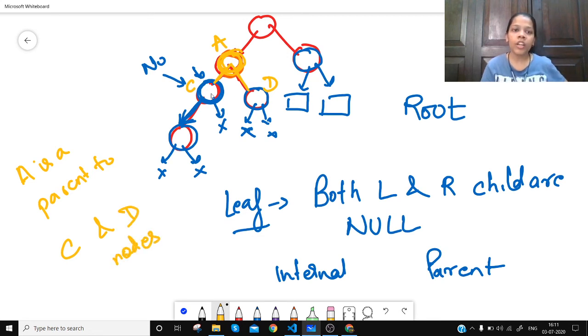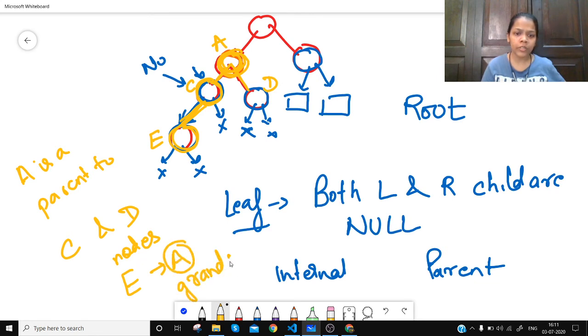Similarly, C is a parent to node E, because it has an attachment on the left side. Then we have grandparents: for node E, node A is the grandparent, right? So these are the terminologies.